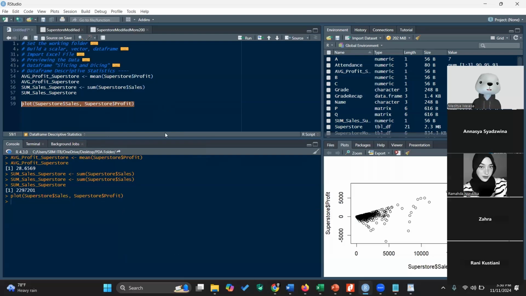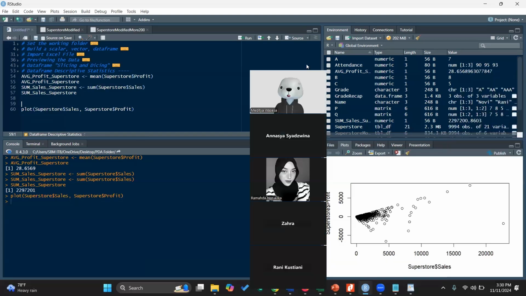So for example, this is a very simple plot. I plot with the x-axis is sales, and then superstore profit. I will copy paste.